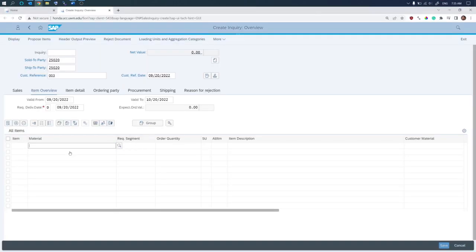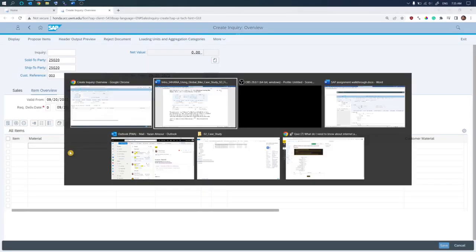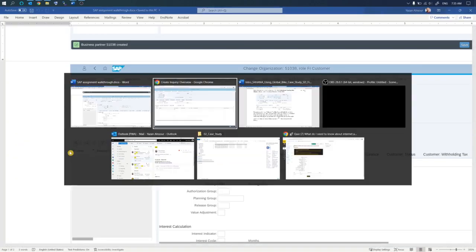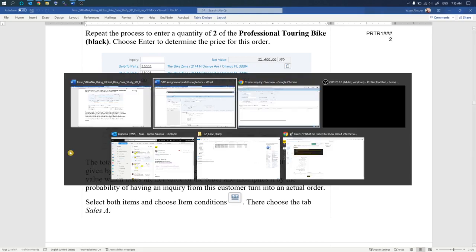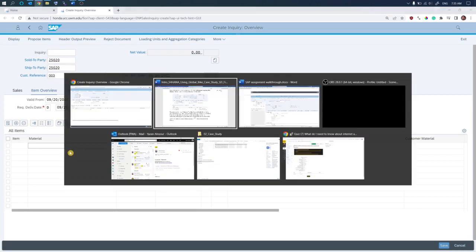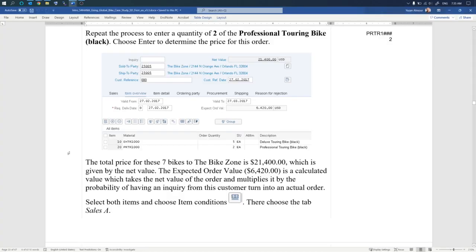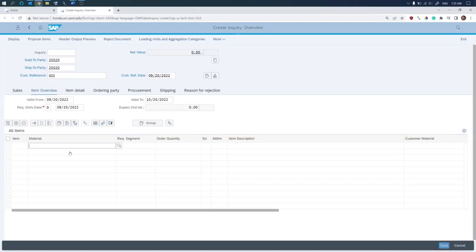So here, instead of going through all that search, I'm going to simply, oops, my bad guys. Let's make sure that when I alt tab, I go into the screen I want. All right. So here, DXTR 1000 in the instruction, it'll be DXTR